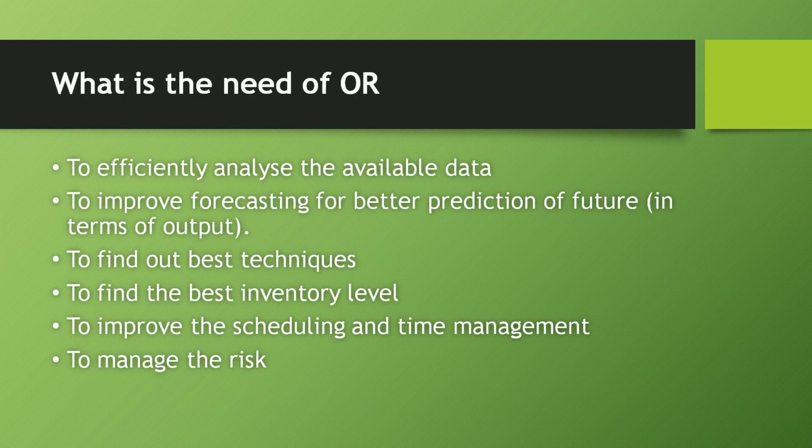To find out the best inventory level, as explained in the point 2, you have a company, you want to manufacture the raincoats. Suppose the rainy season is going on and suddenly the demand of the raincoats increases and you do not have the prepared raincoats to deliver to the sellers. So what amount of inventory you should have with you in order to fulfill the demand? Okay, so this you can find out using the techniques of OR.